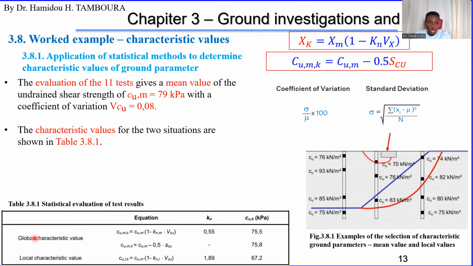You can obtain the global characteristic value. The global characteristic value is the value for the slope stability. You remember this, for the slope stability, we said we will take the average value. Okay, do you remember that? For the slope stability, it will be the average value. However, for the footing, we said we will take the extreme value, which is the 5% fractile. Okay, so